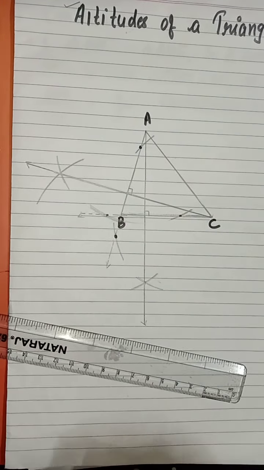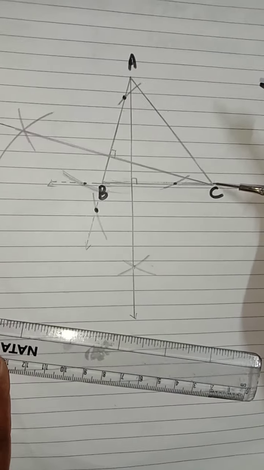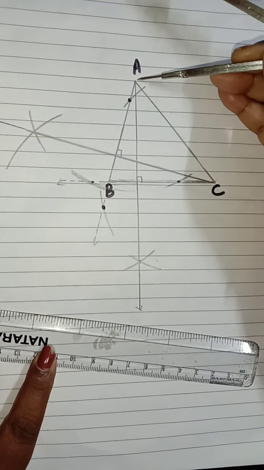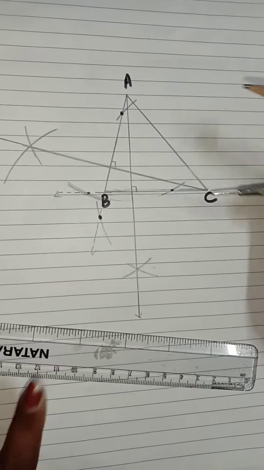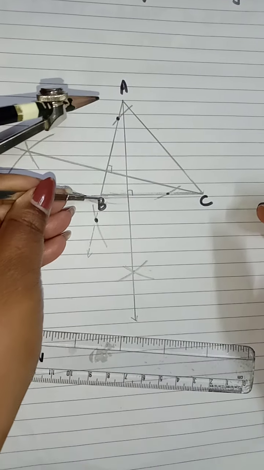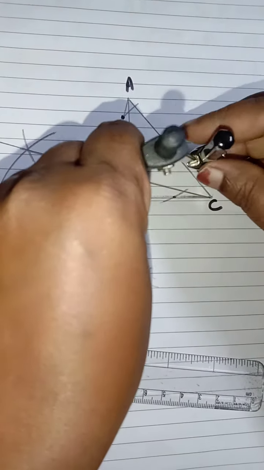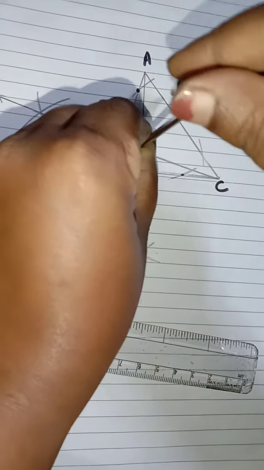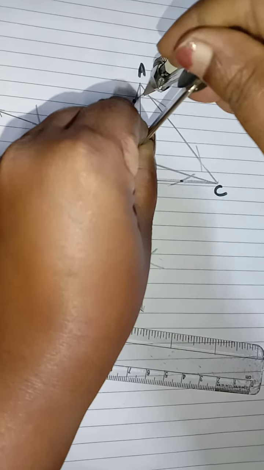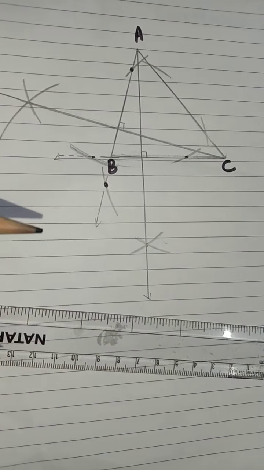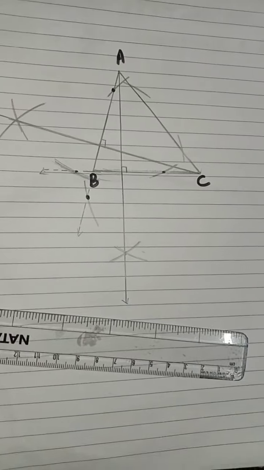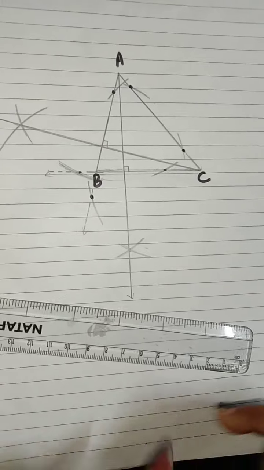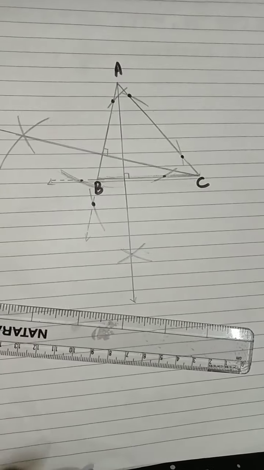Now we have finished with A, we have finished with C. Now the remaining is B. Again B is outside for side AC. So we'll keep the still point of the compass on B and draw a suitable arc on the side. This is one arc and another arc on this side. Here we don't have to extend any because it fits easily. So this is one point and this is another point, at a suitable distance where you can draw the arc on the segment.